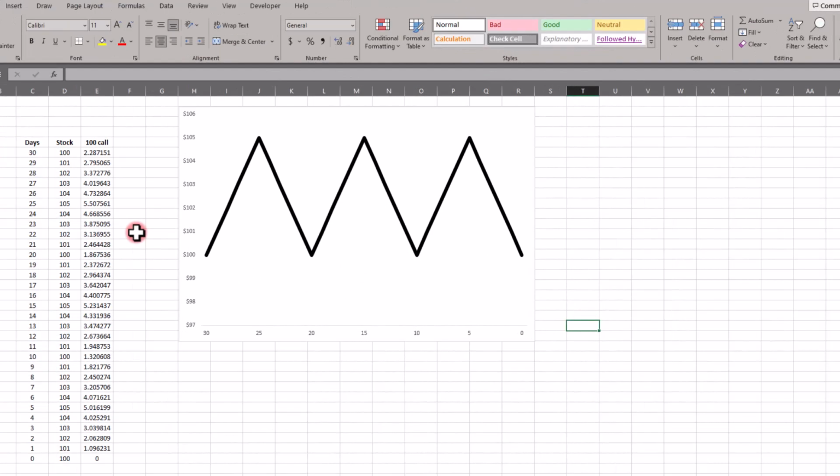So here's an Excel spreadsheet, and what I've done is I've just made up some stock prices. I'm looking for a period of 30 days, and we're allowing the stock to move from 100 to 105. It's just going to rise $1 a day for 5 days, and then it's going to decline $1 per day for 5 days, and it's going to rise $1 per day for 5 days, and so on. And so when we chart this column, no surprises there, you're just going to get this zigzag pattern. It's going to go up to 105, back down to 100, up to 105, back down to 100, and so